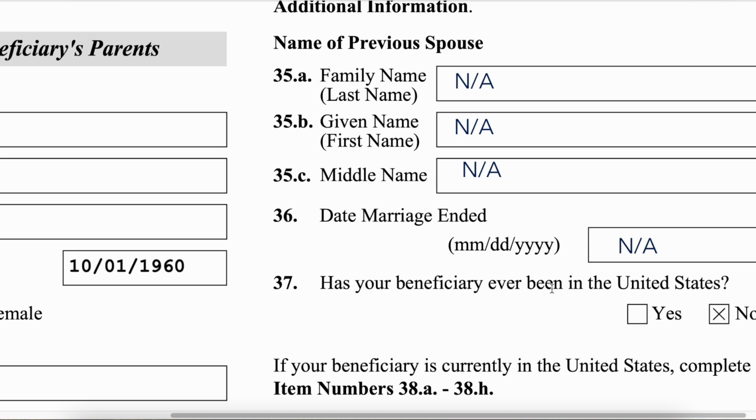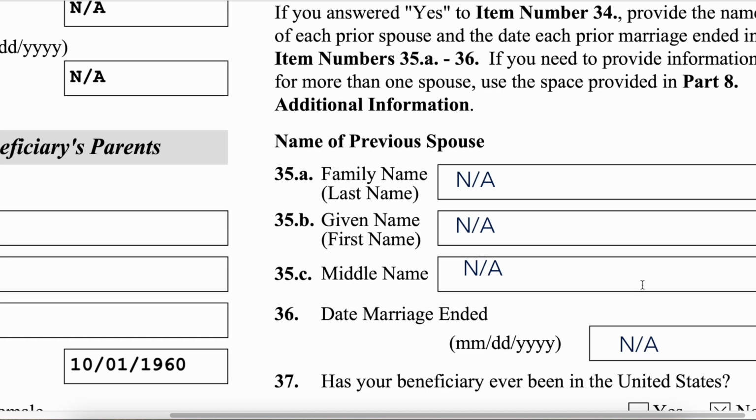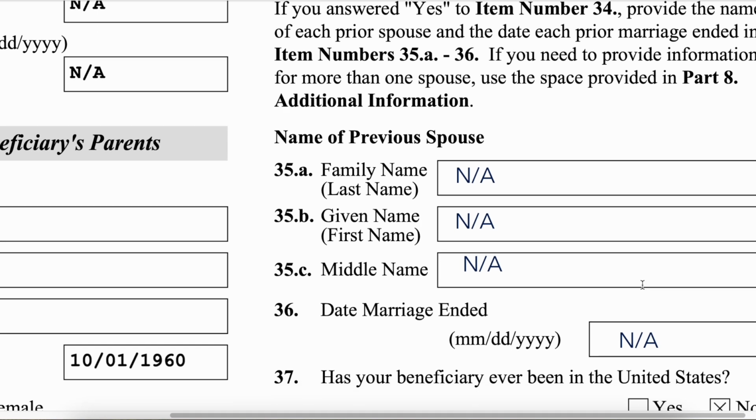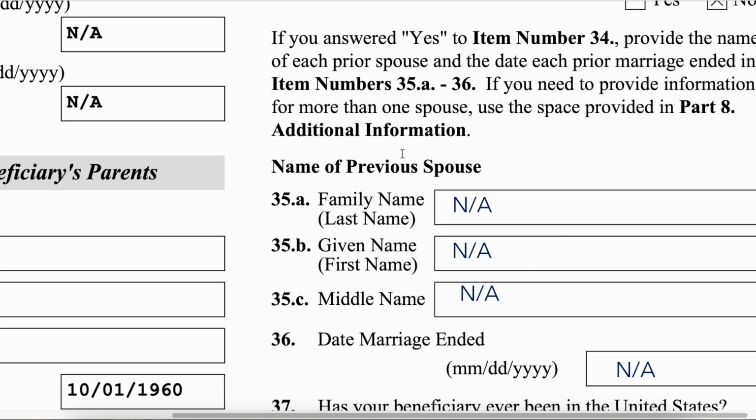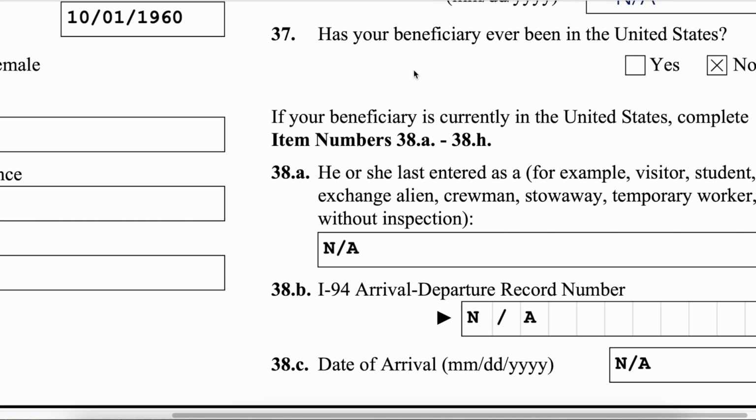Has your beneficiary ever been in the United States? So 35 to 36, just supply the needed information. So 37, has your beneficiary ever been in the United States? Our answer is no. If your beneficiary is currently in the US, complete item numbers 38A to 38H. So 38H, he or she last entered as